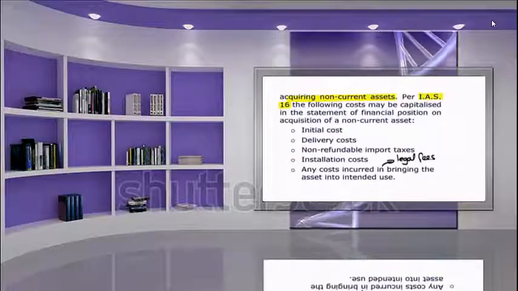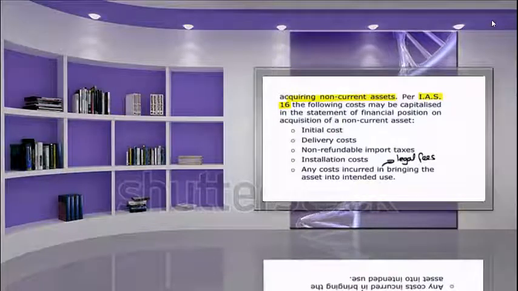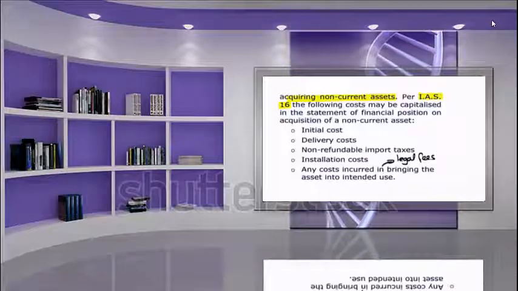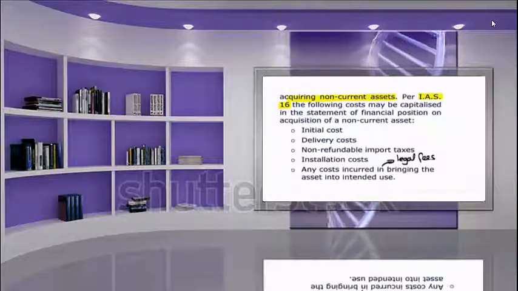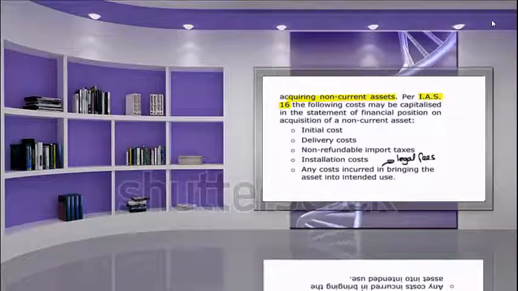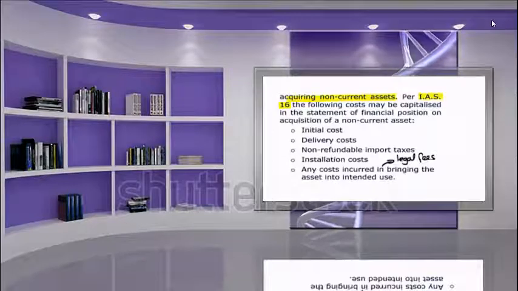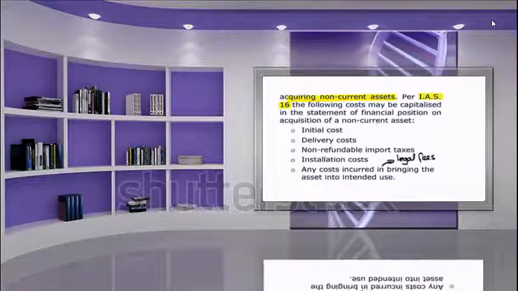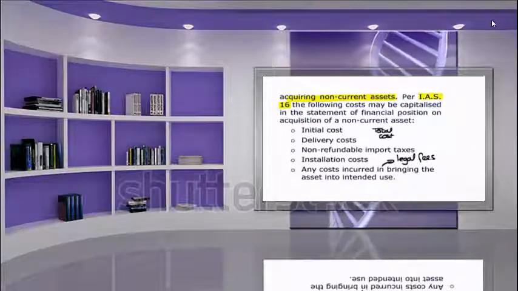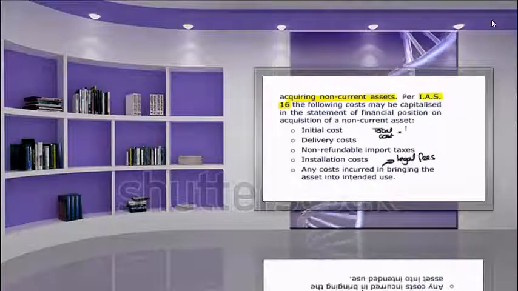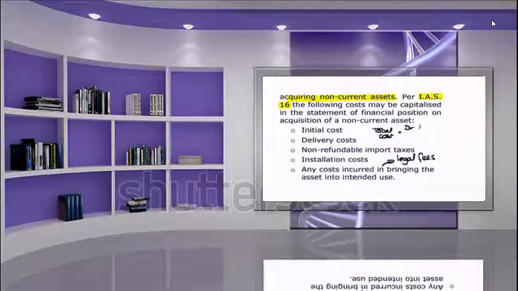Now, all of these costs then get added together as capital expenditure, and that would form the total cost of the asset upon initial recognition. As a result then, what you will do is you will do the following double entry for it. So, with the total cost of the asset, the double entry would be to debit non-current asset cost account,